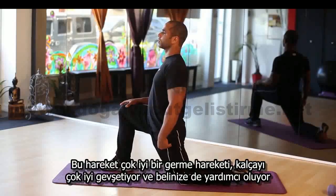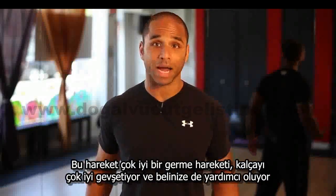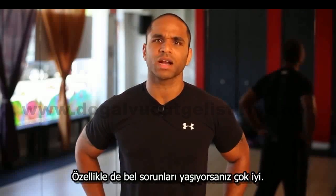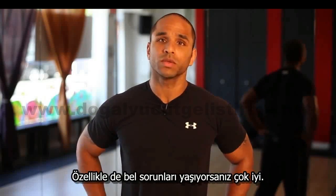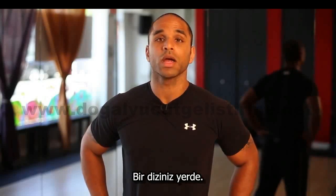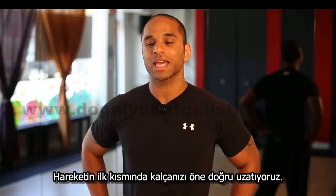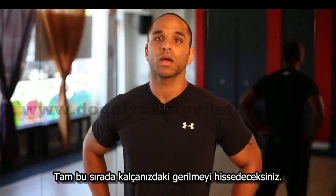The hip flexor stretch is a really good stretch and really loosens up the pelvis and really helps with the lower back. Especially if you have any kind of lower back issues. So it's really straightforward. You start by kneeling, so you're on one knee, one foot's on the floor. So the first part of the movement is that you extend forward at the hips. You want to extend at the hip, and right there you start to feel quite a bit of a stretch